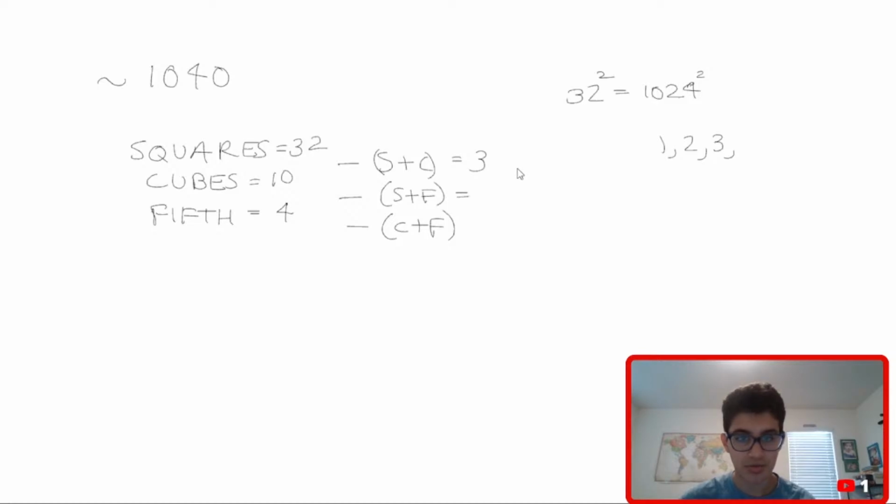There's just going to be 2 of them: 1 to the 10th and 2 to the 10th. So it'll just be 2. And then cubes and fifths, there's just one of those, right? That's one again. And now one seems a bit weird, but